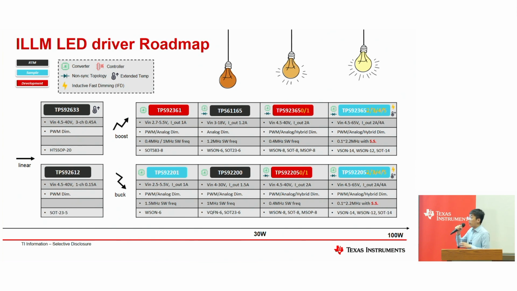The second one to categorize those devices is the DC-DC switching. We have those linear devices like the TPS92612 and the TPS92633. Those are very simple, just one channel or three channel current. If you input 40 volts to the VIN, it will pass through to the VOUT 40 volts, and the excessive voltage will burn on the LED driver. So those typical linear applications are very cost optimized, and you can use them for a wide range of input voltage.